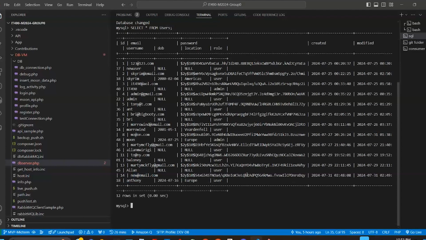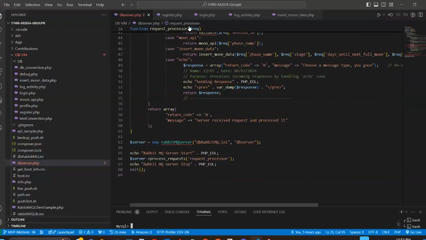All default accounts are created with the role of user unless they are specified separately in the SQL query with the admin role. And you'll see in the new email that Europe has been updated as the location and the birth date. So now I'll go over the DB server file that handles the